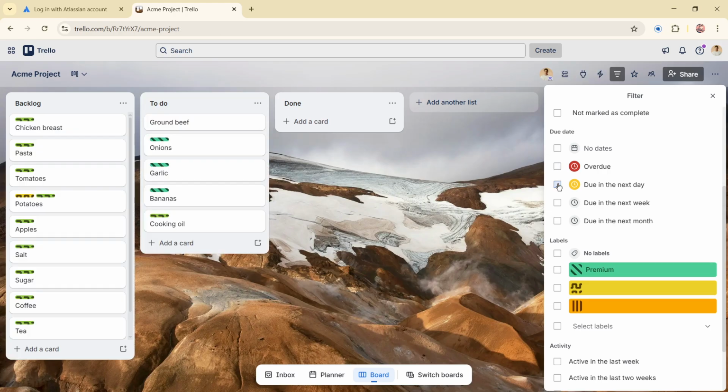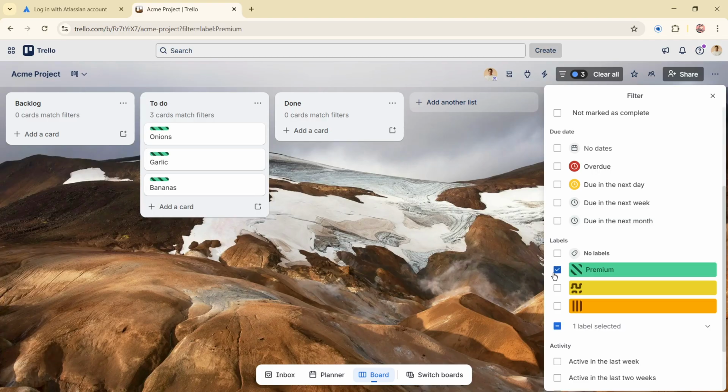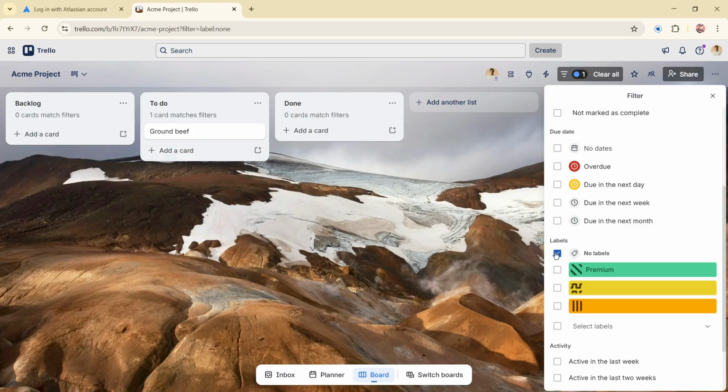At this point, you'll be looking at a filtered list that shows only the cards that fit your chosen criteria. This makes it much easier to review tasks, track progress, or focus on a particular workflow without distractions from unrelated